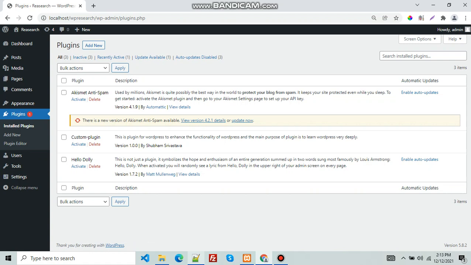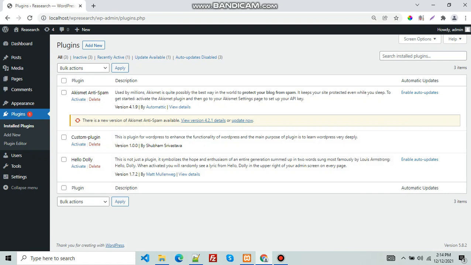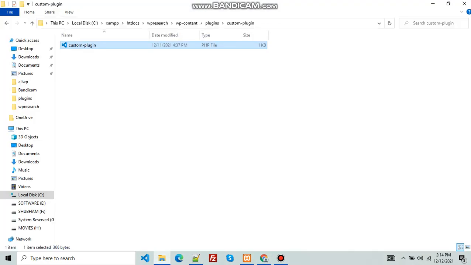WordPress. The few things you are required to create a plugin inside WordPress is knowledge of some coding languages like PHP, because we know that WordPress is fully created in PHP, so you need a basic knowledge of PHP and JavaScript, HTML, and CSS to create a plugin inside of WordPress. So now you can see that I have created a PHP tag, and inside the PHP tag, let me show you from the beginning.